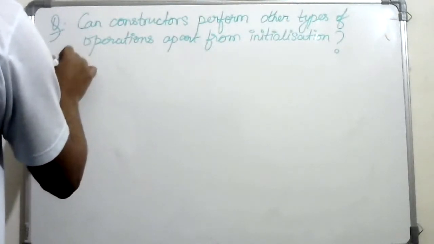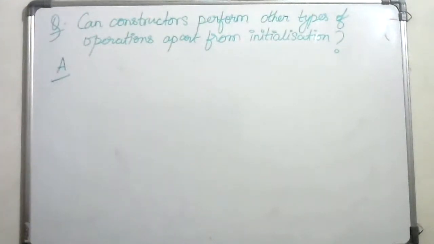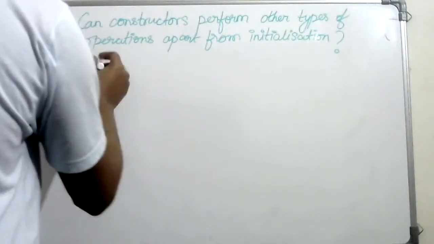So inside the definition, or when you declare a constructor inside the curly braces, you almost often only initialize the variables, the instance variables, and you do nothing apart from that. But you can do other things as well, just like you can do many things inside a method, not just initializing but many other things inside a method. Similarly, inside a constructor also you can,